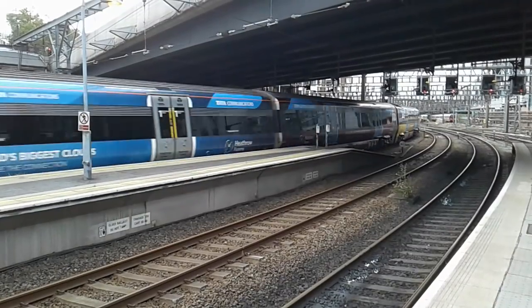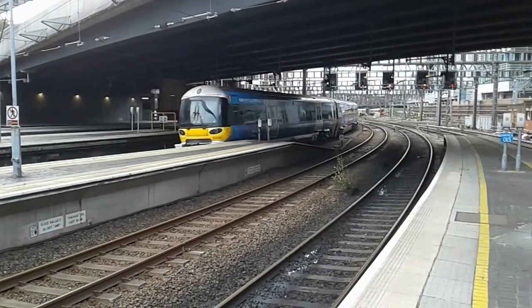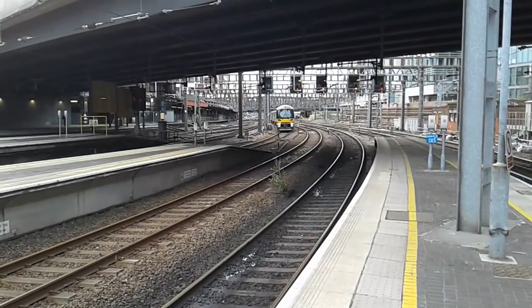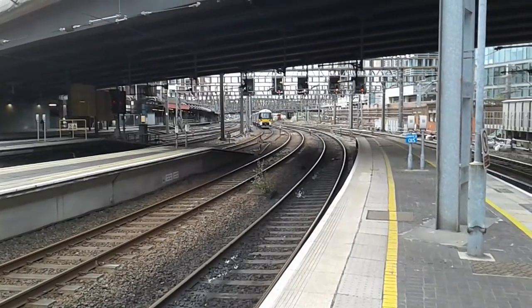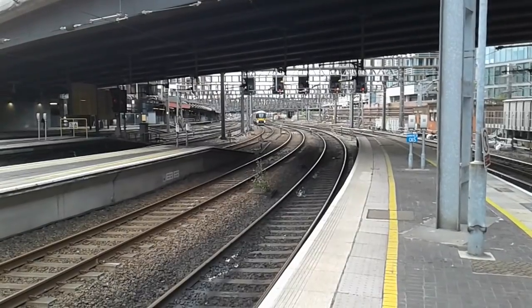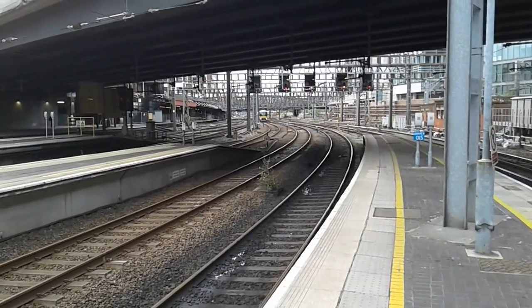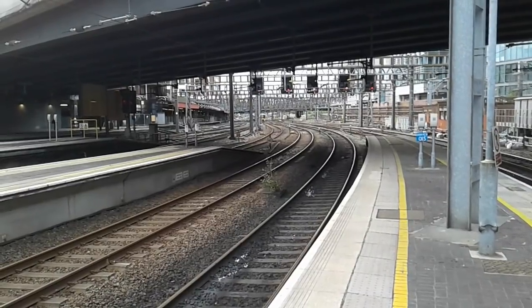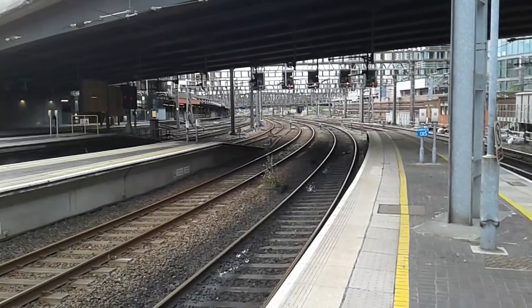Platform 1 for the 1815 Great Western Railway service to Cheltenham Spa, calling at Reading, Didcot Parkway, Swindon, Kemble, Stroud, Stonehouse, Gloucester and Cheltenham Spa. This train is formed of...